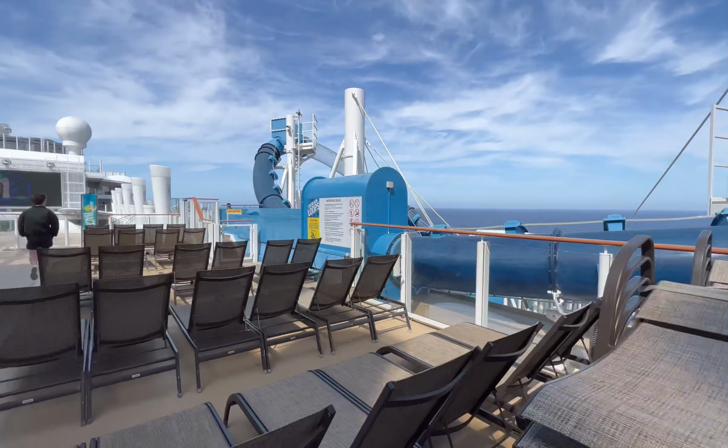All right, we're going to continue back towards the aft of the ship on deck number 18. I apologize if you see a little black piece come into screen. That is the receiver for my microphone. Eventually I figure it out and it does go away. But anyways, heading up to deck number